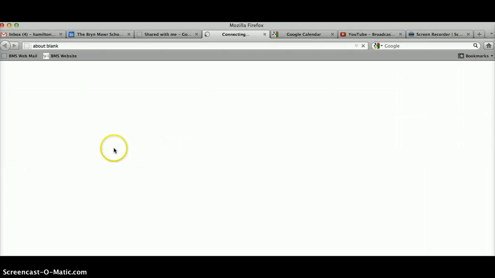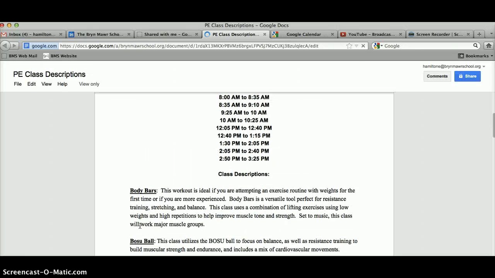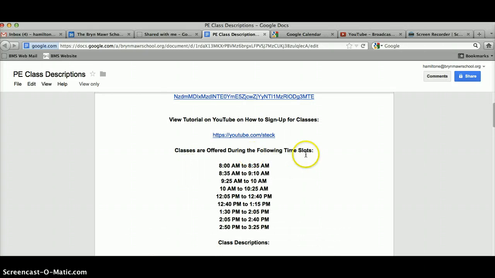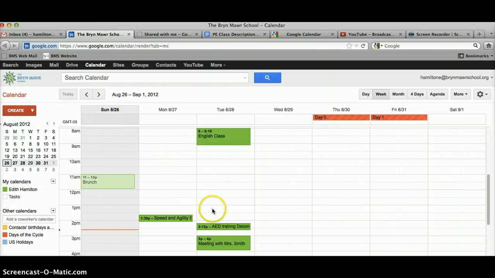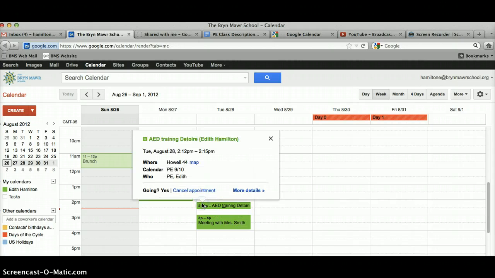If I looked at those PE class descriptions, as we noted before, on here it shows me where classes are offered during the following time slots. So I had signed up at 2:12, so I'm going to find where that fits. So 2:12, obviously it fits in the 2:05 to 2:40 time slot. What I would recommend that you do is go back into your school calendar and leave that appointment up, but just go ahead,